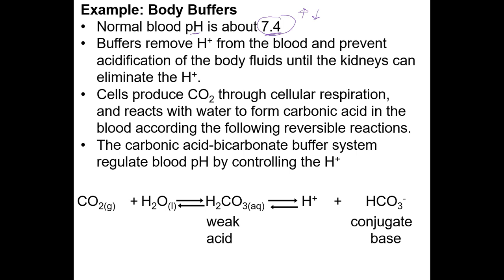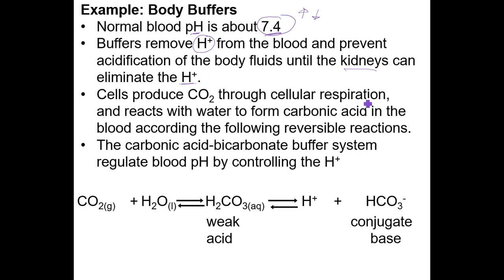So you do have to maintain what we call homeostasis in terms of the blood's acidity, and it should be relatively neutral. So buffers that are present in the blood, they're going to remove the protons that would result in the acidification of the blood until those protons can eventually be eliminated by the kidneys. And in fact, that is one of the major functions of the kidneys, is regulating the body's pH by holding on to bicarbonate ions, which are going to increase the pH, and by getting rid of protons, which are going